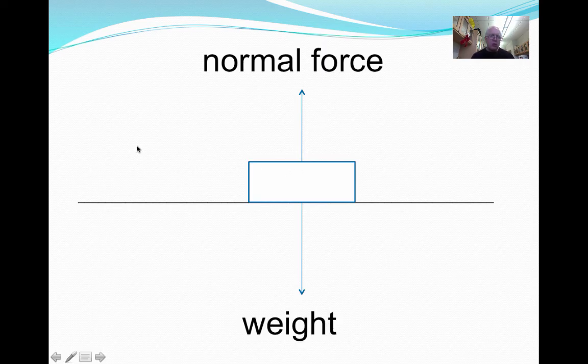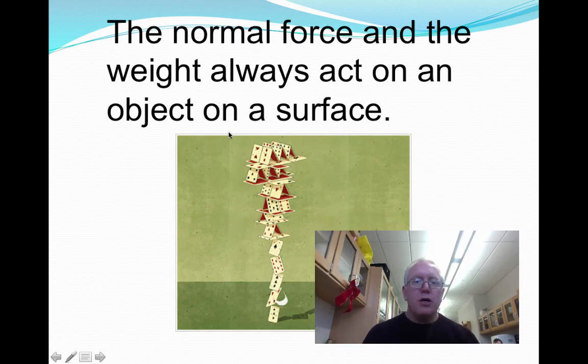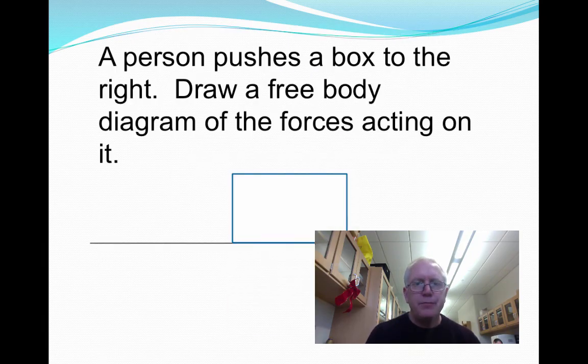By the way, these are tricky until you get the hang of them, but for free body diagrams, you should always start with the normal force and the weight, because for our class, they're always going to be there and they're always going to be equal to each other. Okay, so again, the normal force and the weight are always acting on an object. Even a house of cards. That's a pretty clever design right there. Okay, so with your free body diagrams, I would start with those two forces and then see what the other conditions are. Let's try another one.